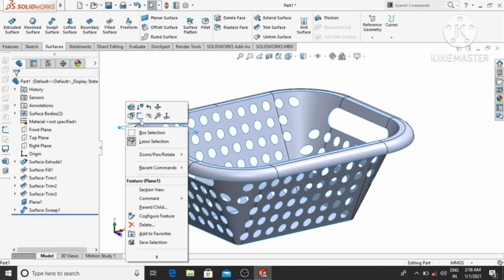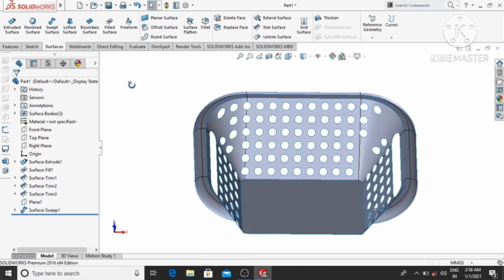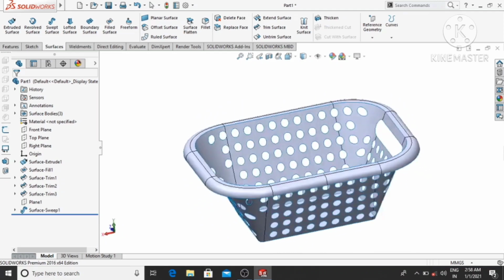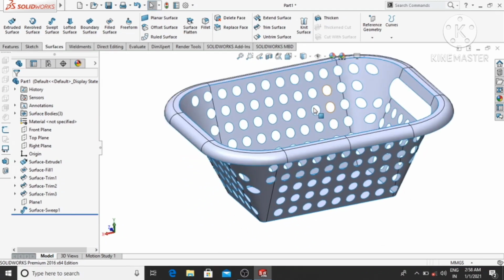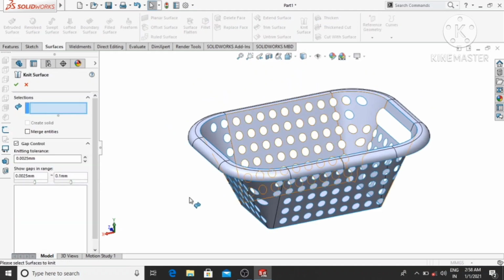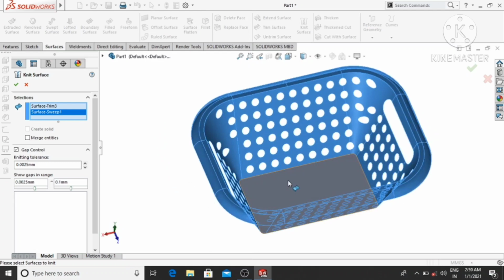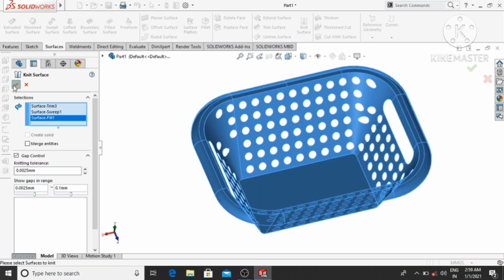So hide this plane. So look, and again we make this one net surface to join all this surfacing. So go to the net surface, select this sketch, select this one and this boundary surface also.